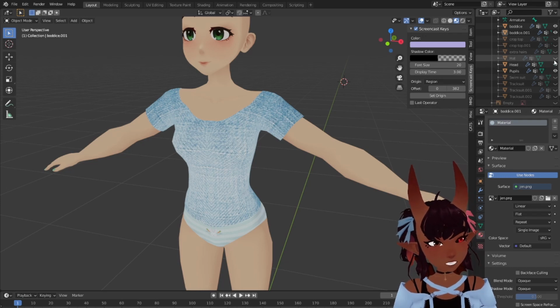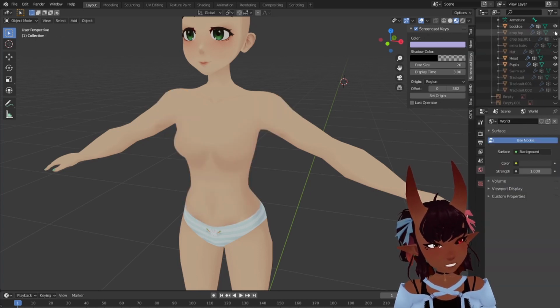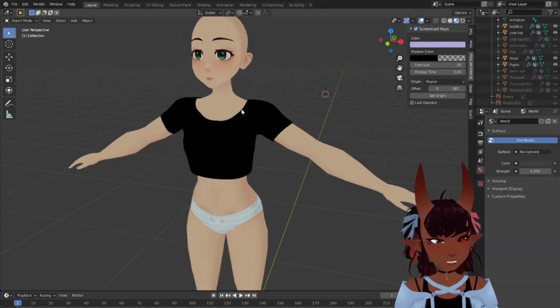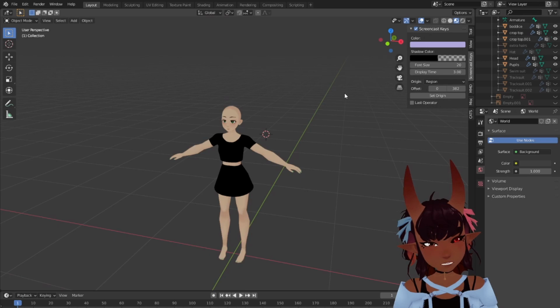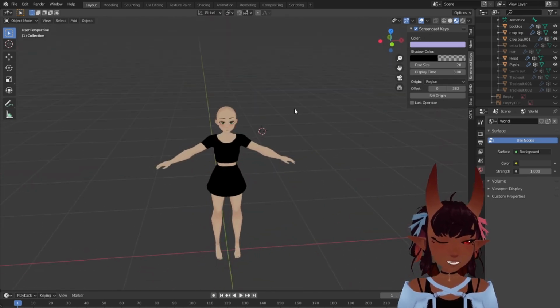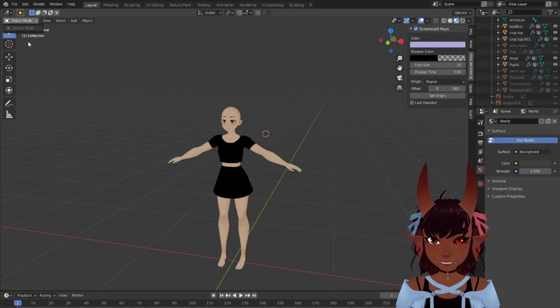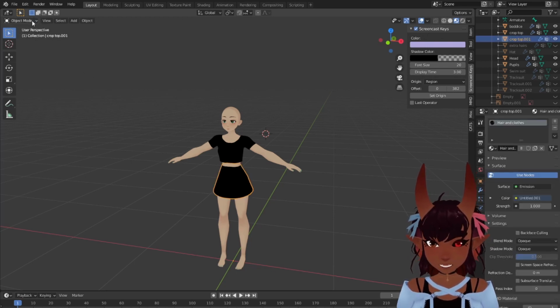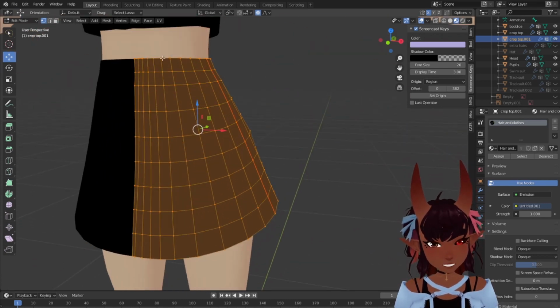I'm just gonna show you some examples of clothes I made using this method. I'm gonna delete this actually because it means nothing to me. Here's a top made using the same method, and what else do we have? A skirt. This actually isn't made using that method. This is just modeling. So if we select that skirt and go into edit mode, you'll see that it's just